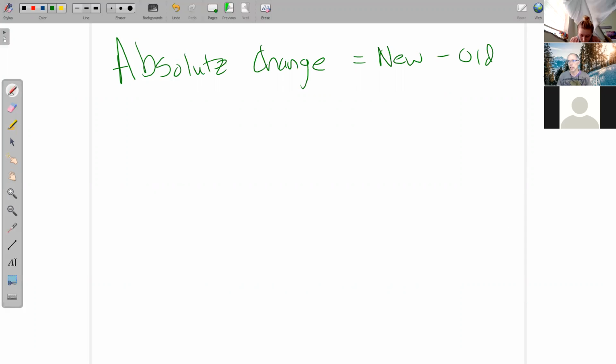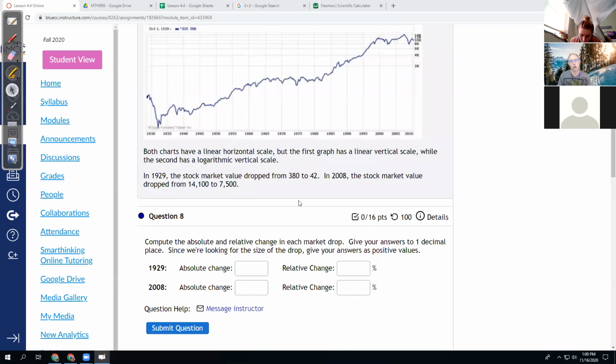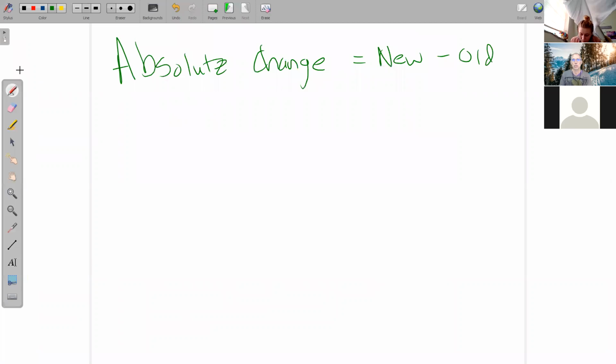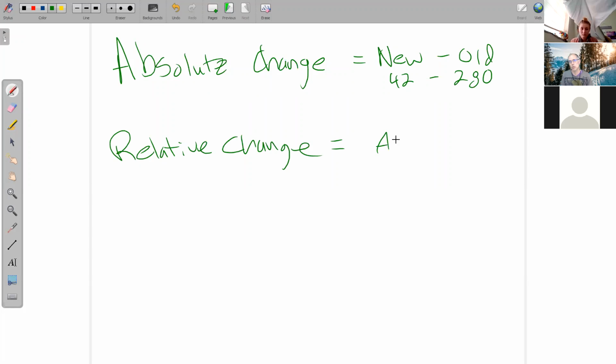So for example, for 1928, they told me it dropped from 380 to 42. So 380 is the old amount, 42 is the new amount it dropped to. So that would be 42 minus 380. That's absolute change. Subtract the two numbers in the right order. Relative change is a percent change, as we sometimes call it. Relative change is the absolute change